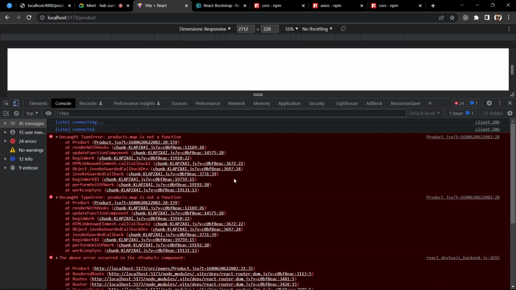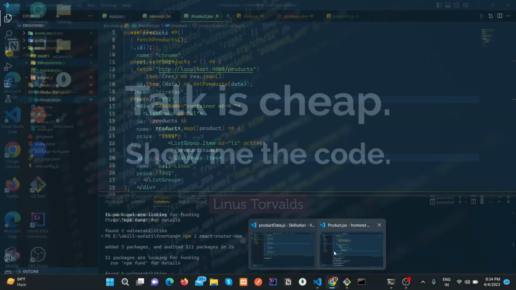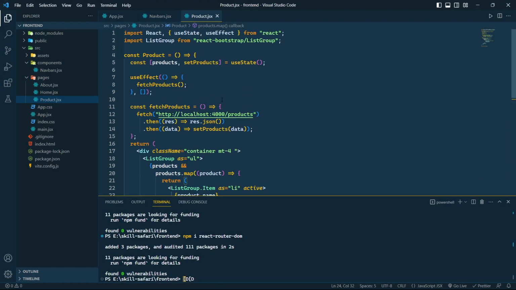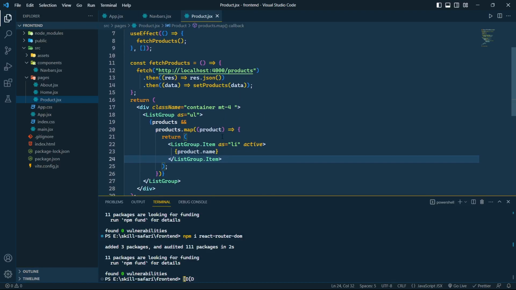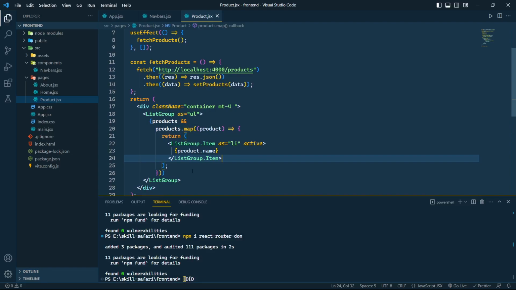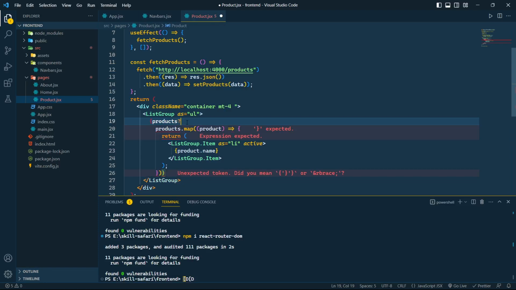Again, product.map is not a function, so let's check why this is giving the error. Products.map. I returned the value of this, but it still got the error. So product.map is not a function. So if I do this,